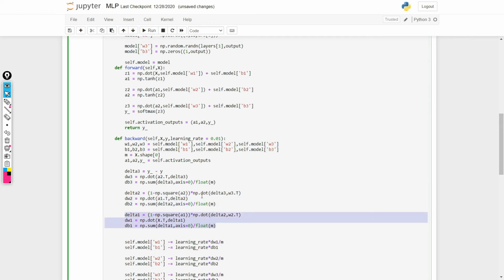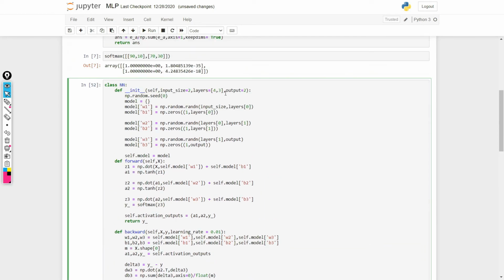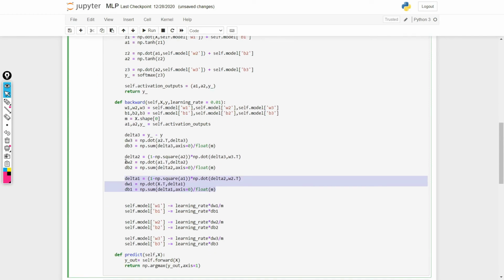You can use a for loop, or any other kind of method that you wish. Let's suppose you have 10 hidden layers here, so you can use a for loop to repeat this part, but with different deltas and different values, like a2 becomes a1, then delta 3 becomes delta 2. So I hope that it is clear.